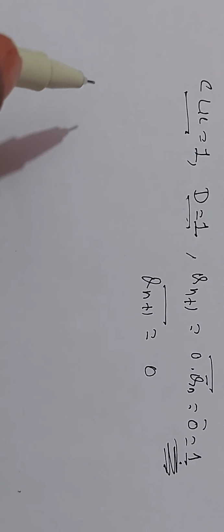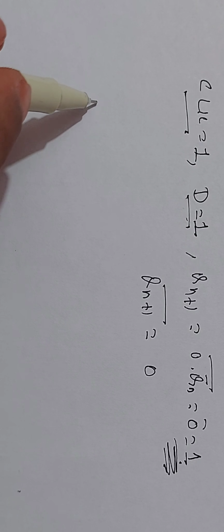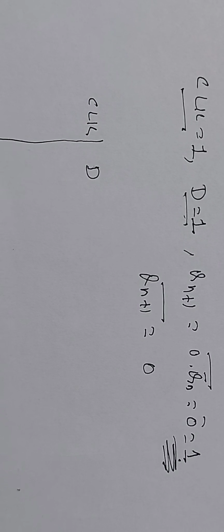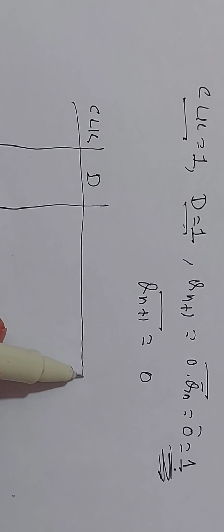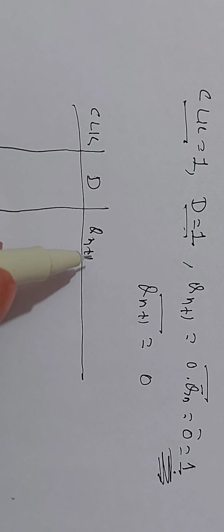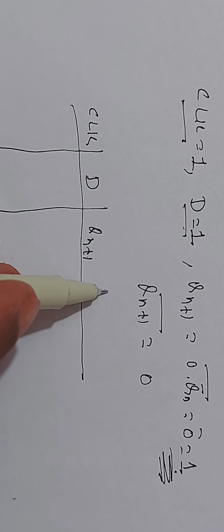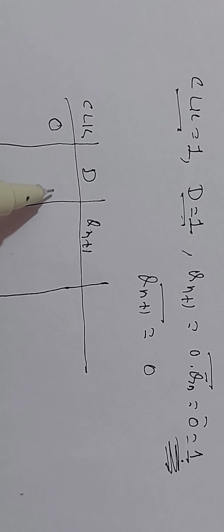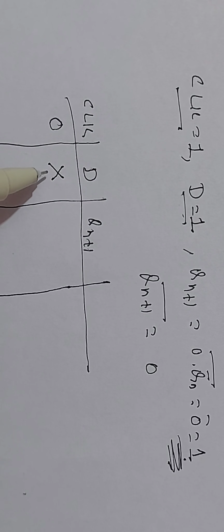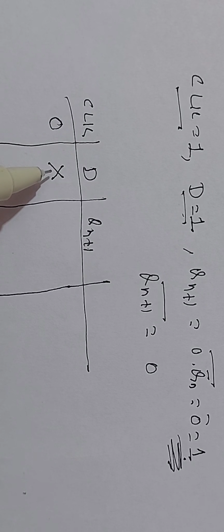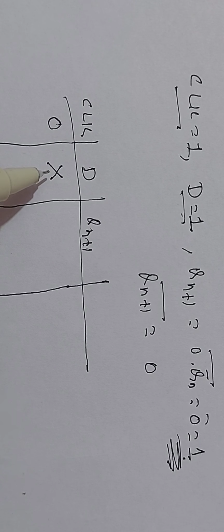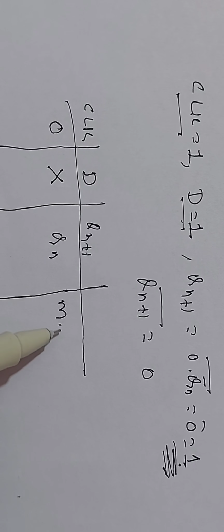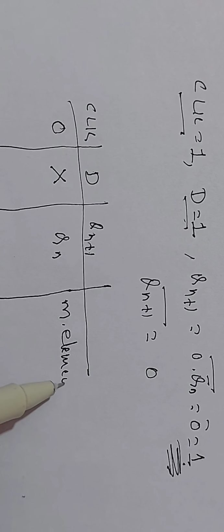You can write the truth table of D flip-flop. So clock input is one input, D is the another input. Then two outputs are Qn plus 1 and Qn plus 1 bar. I will consider only one output, Qn plus 1. When there is no clock pulse, whatever may be the value of D, that is, don't care. That means whether D is 0 or D is 1, we don't care condition, output remains Qn. That means it acts as a memory element.